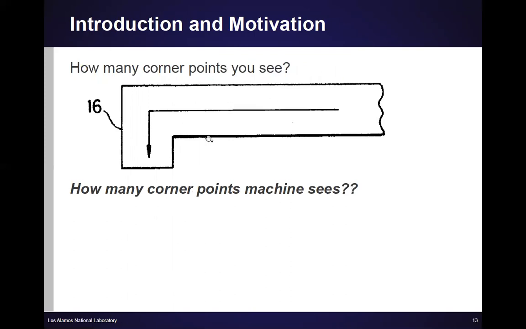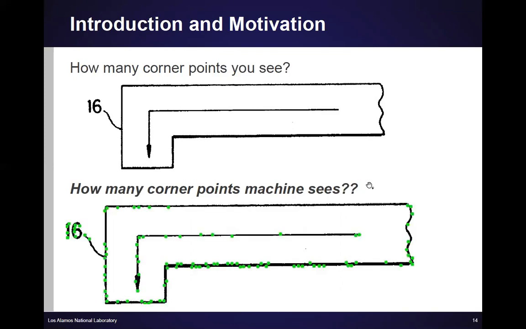So how many corner points do you see in the same simple diagram images? 1, 2, 3, 4, 5, 6, 7, 8, 9, 10, if we don't count the corner points in the curves. So guess how many corner points machines see? The algorithms for corner point detection require a hyperparameter: how many points you want to return. If I set 100 points, it returns these results. If I ask for 50 points, it returns this. You know, this is not robust.